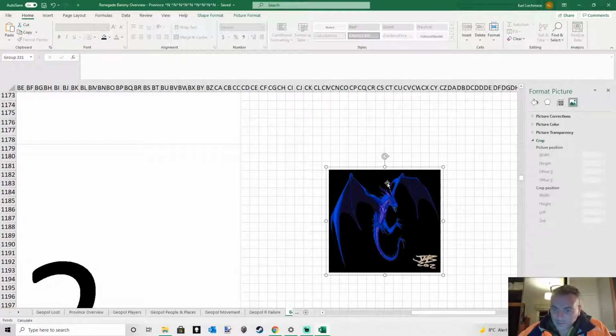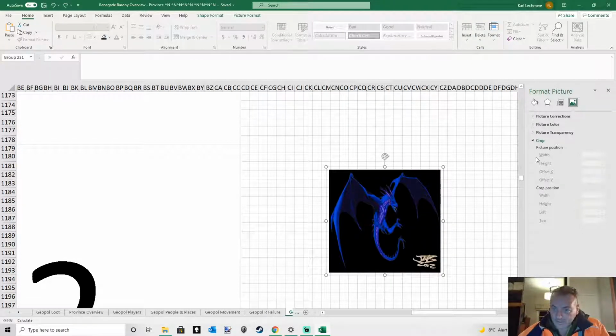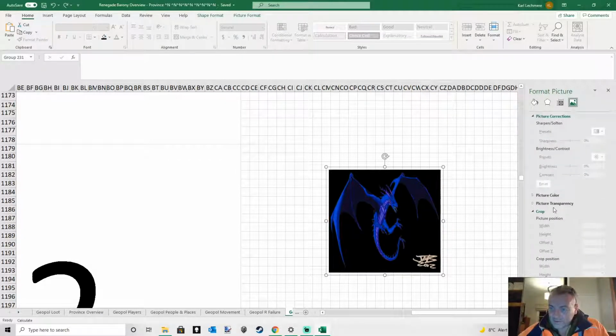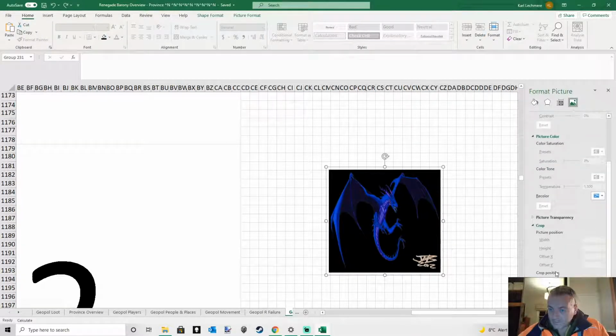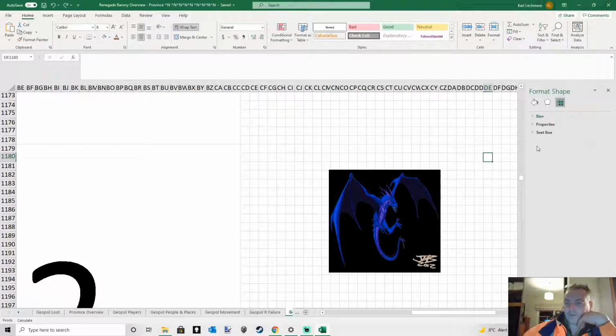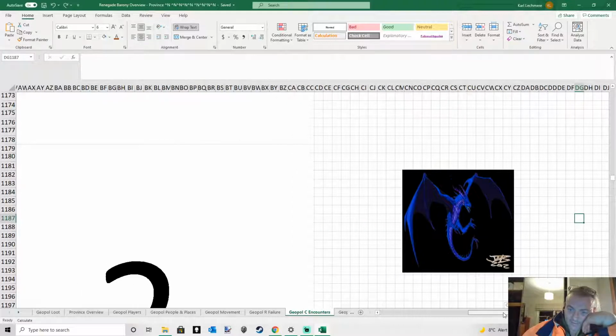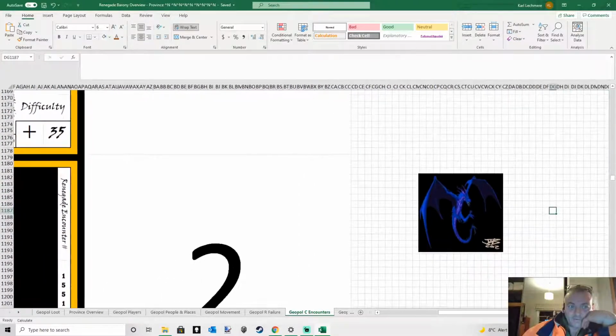Crop. It's not what we want. Why is it not wanting to crop? Picture corrections, picture color, crop position. No, not really sure why it doesn't want to let me crop. Anyway, look, it's such a minor thing, I'm just going to forget about it.